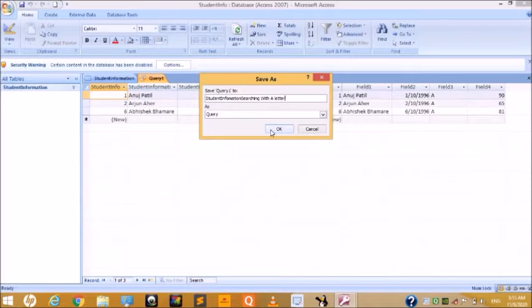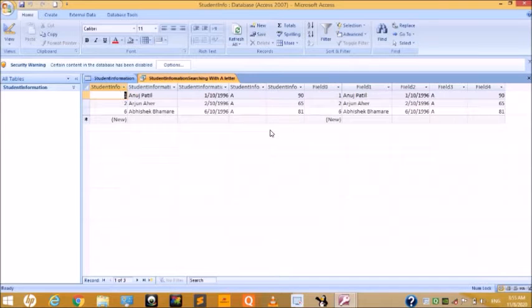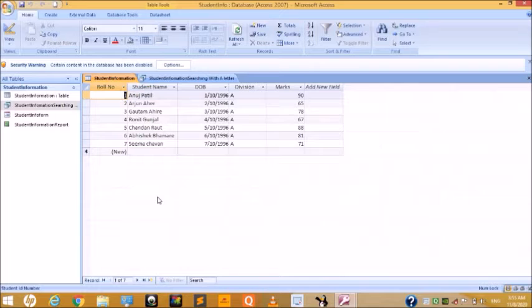Click OK. In this way your query is formed. So in this way we can create a simple query.